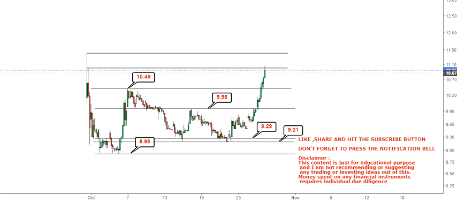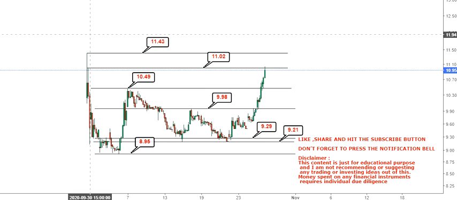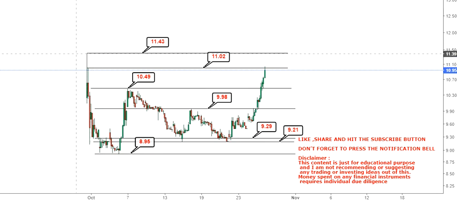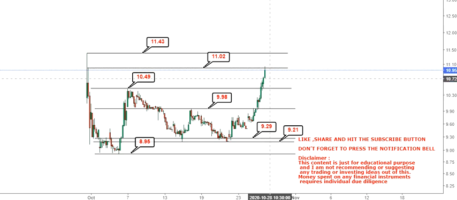And also on the upside, you have your first target or resistance at $11, and your big target or resistance at 11.43. As you can see, it is currently facing some resistance at $11, first of all. Secondly, if it moves above this level, then you will have another resistance at 11.43, or you can say 11.5. So unless the stock sustains above 11.5, there will not be any fresh trend. That's the first thing to understand here.